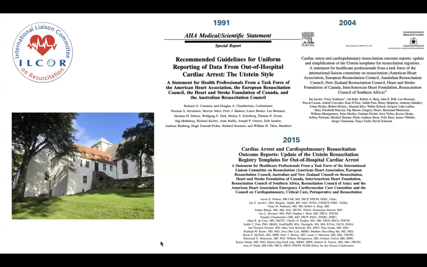So in 2015, the next group of authors also included people from registries. The idea was that it's important to have the right variables and the right, clear definitions, but it's also important to get this data into registries so that we are able to collect hundreds of thousands of data points worldwide and use them for analysis. And this is after 1991, 2004 and 2015.